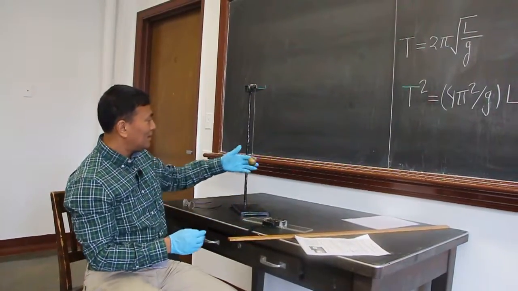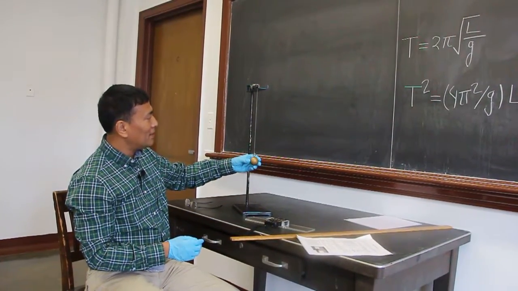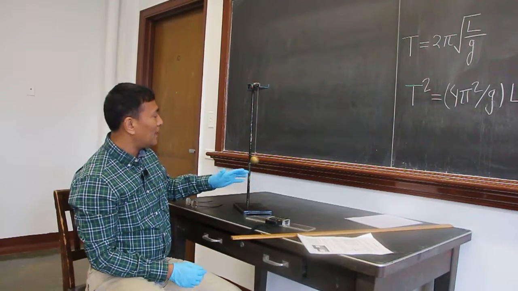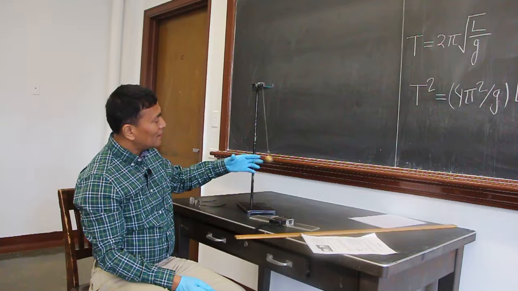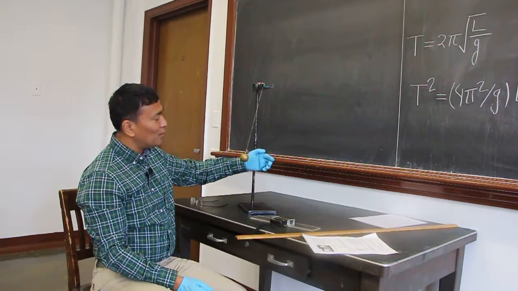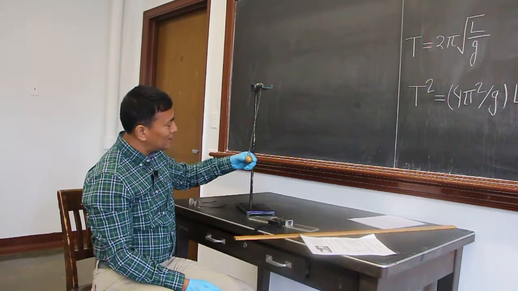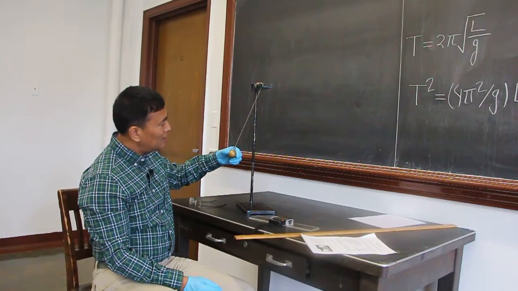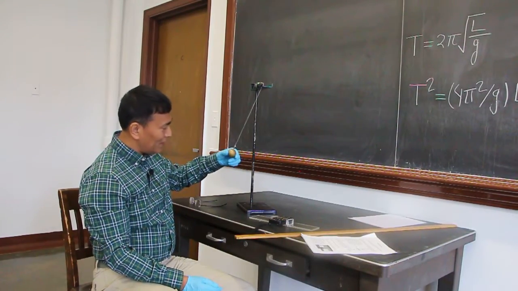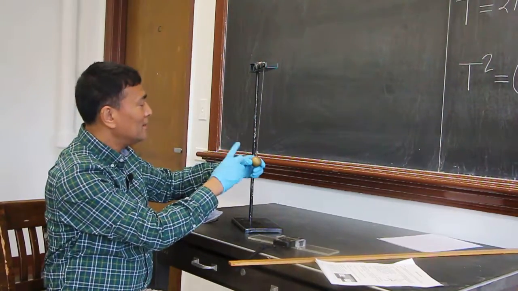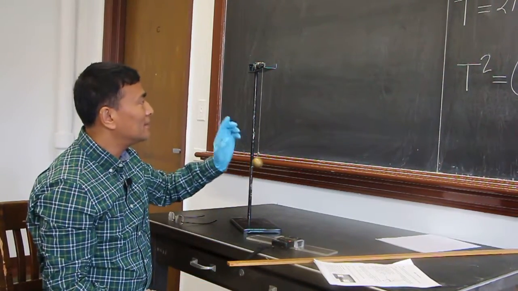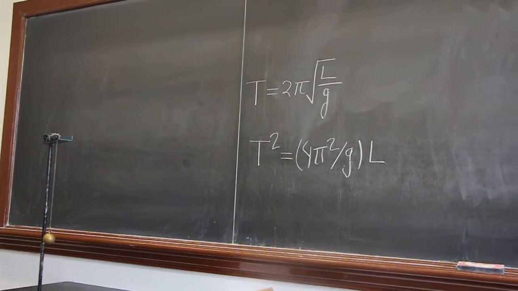Now I have here a bob, and when I oscillate this, how long is the time for one oscillation? One oscillation means starting from here, it goes to the other end and comes back. So that's one cycle. That's called the time period T. So I have written here on the board,